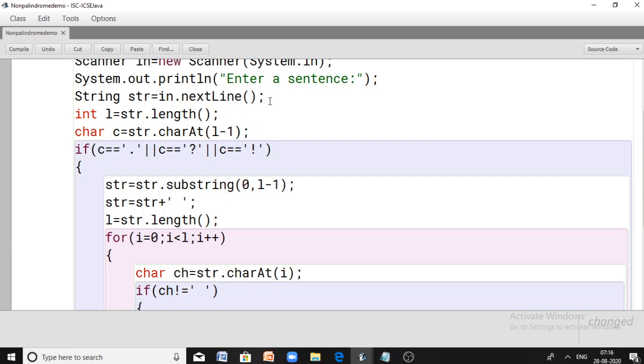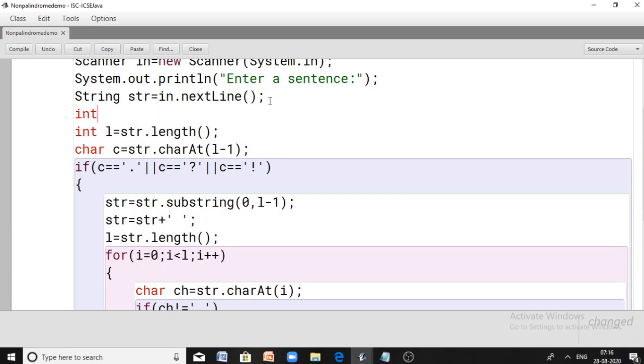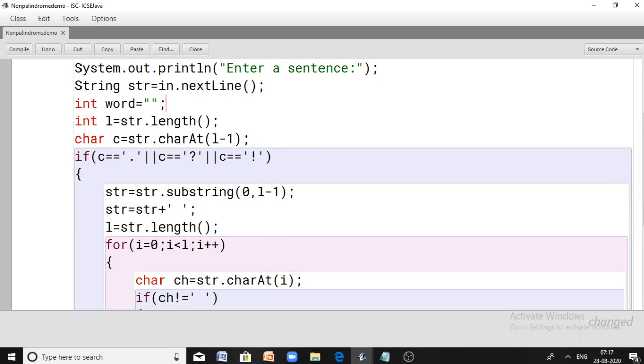So let me declare a variable here, for example String word, and since we are going to use it for gathering the characters, let it be initially empty, otherwise some random garbage value would be there inside, and it will give wrong data. And one more thing is, the question says you have to check whether your word is a palindrome or not. So that is to be checked. So you have to obtain the reverse form of this original word also.